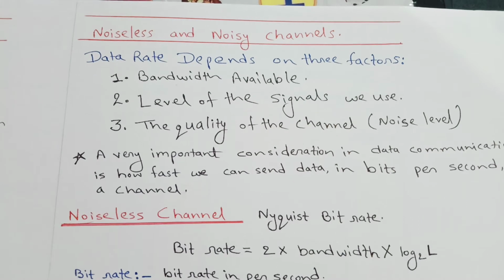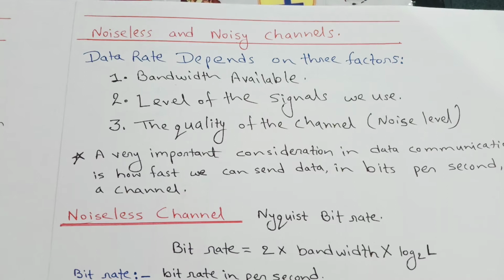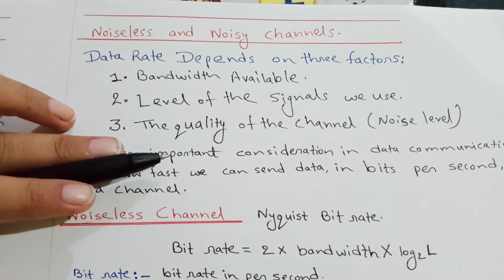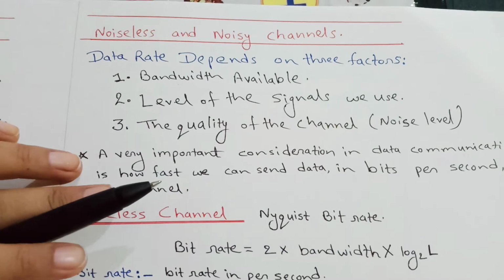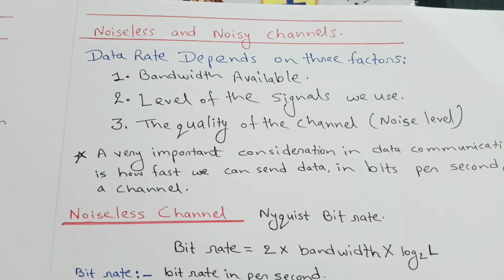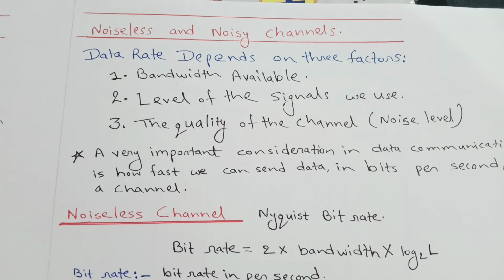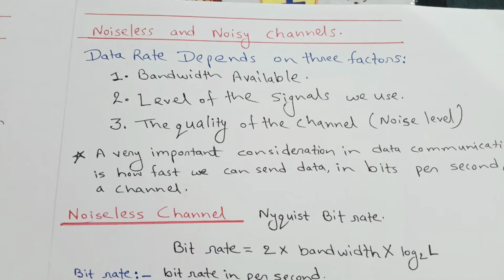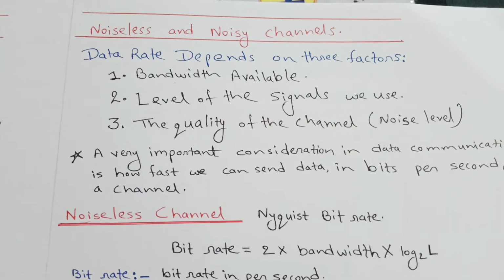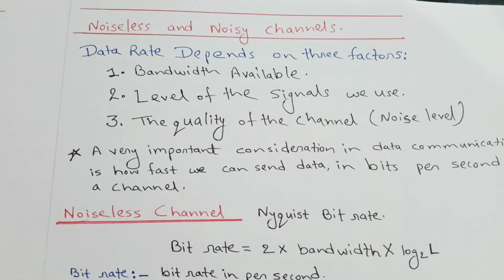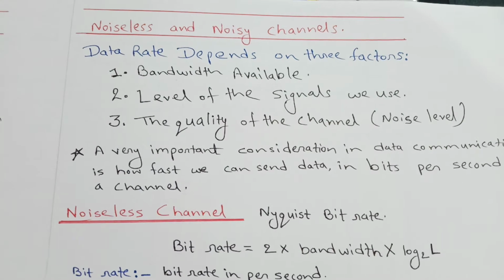So we can see that the data rate depends on three factors: bandwidth, level of signal and the quality of channel. A very important consideration in data communication is how fast we can send data in bits per second over a channel. Obviously we will try to send the data fast, and we will try to save our time and medium